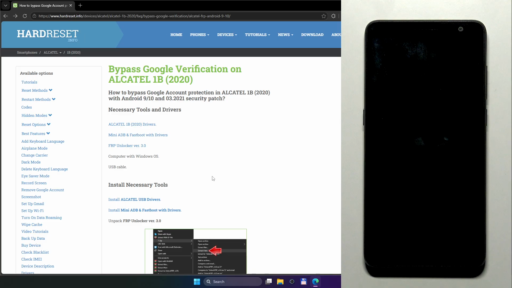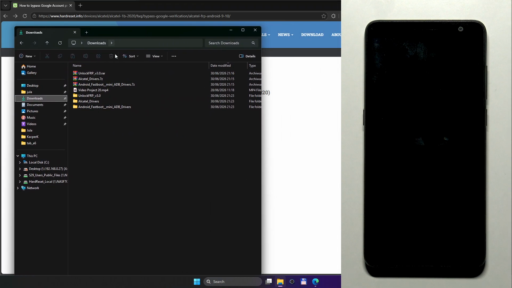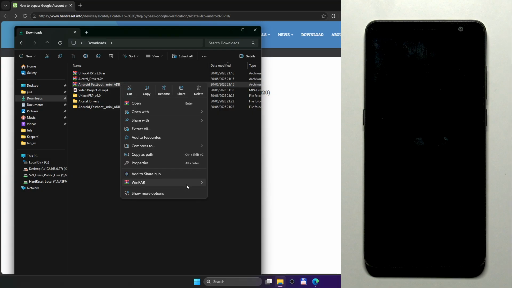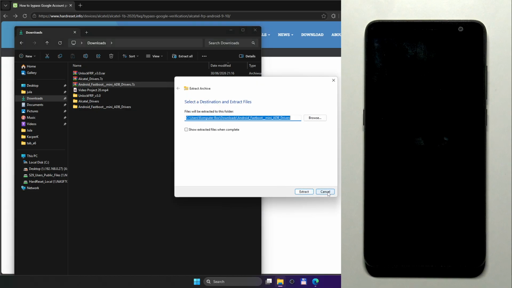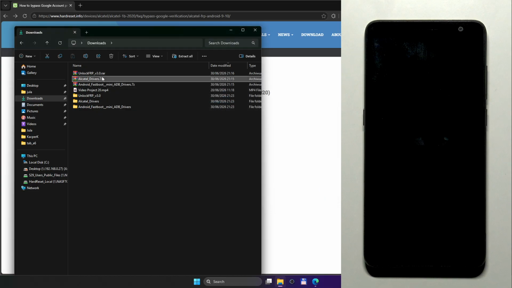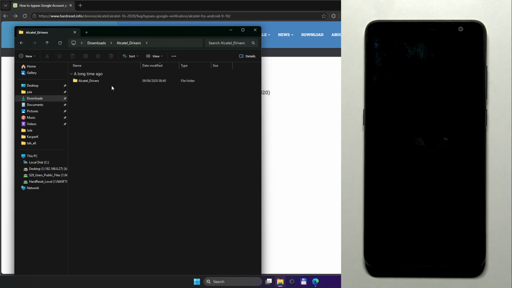Okay. Now open up your file explorer. Go to downloads and in here we have our all three files. You need to extract them. I'm using WinRAR, so right click, WinRAR and extract to. You can of course use a different app, or you can click on extract all and extract and it will also fully work. Extract all three files,